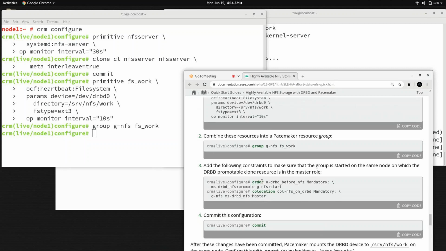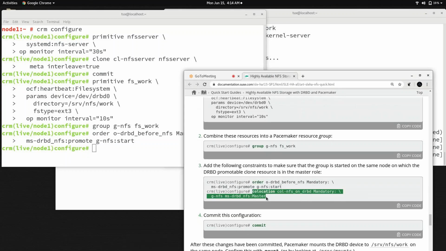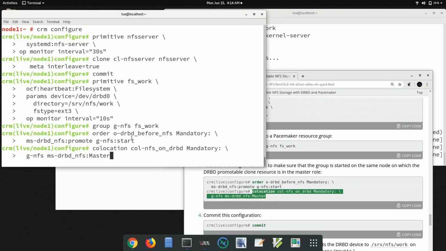Order means you can decide which resource needs to come up first and which needs to start second, like A, B, C, D. So you can fix the order, which one needs to be up first. And this is colocation. Colocation means you can decide whether these two resources will run together or not, right? That is done through colocation. So if I read this command, then you are going to create one group.